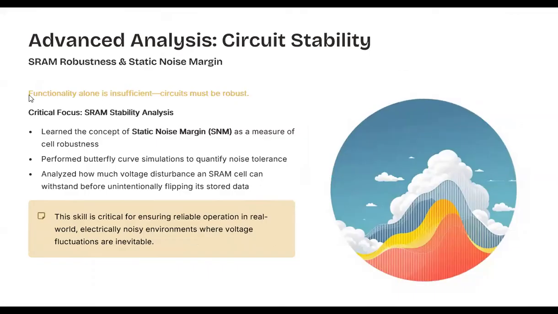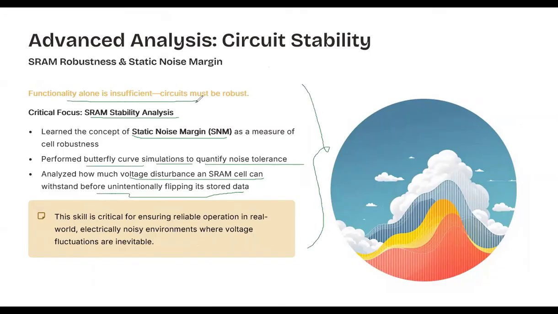Then we talked about the circuit stability in SRAM. We talked about the concept of static noise margins. There we talked about how much noise your device or memory can bear, and to quantify it, we created the butterfly curve in our last lecture. We saw the noise tolerance, and how much voltage disturbance an SRAM cell can withstand. Remember, this is a very important parameter. Whenever you work on SRAM, which is a very critical circuit, to make it robust you need to go for this SNM. And remember, this SNM is nothing but a butterfly curve which is created